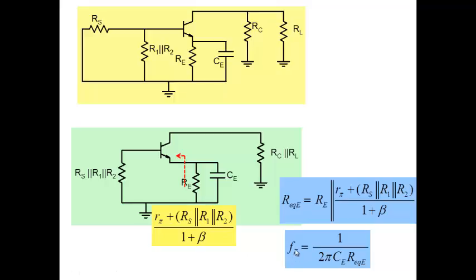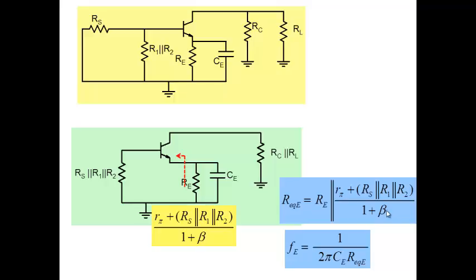So let's take a case where RS, the resistance of the source that you see here, is very small. If RS is very small, this term is negligible. Okay. So what we are left with is R pi by beta. Neglect 1 also. So you're left with R pi by beta. What is R pi by beta? R pi by beta is 1 over GM, and which is what? VT by